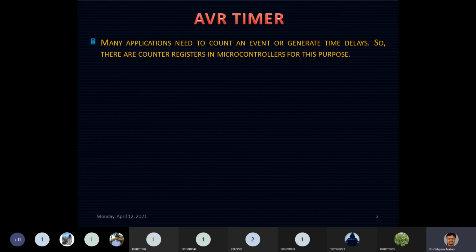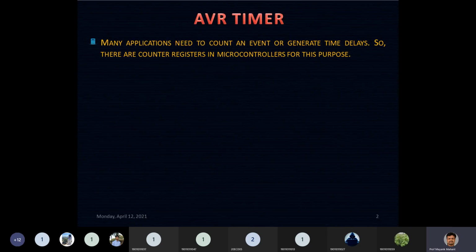generation of the delay. But in that case, you will find that your microcontroller CPU gets busy executing instructions which are of no use. So the best way through which we can generate a delay is the timer. I have already discussed this when we were discussing the generation of the delay in AVR assembly as well as C programming, that there is another way of generating delay, and that is the timers. So the timers are the most useful in generating a delay.